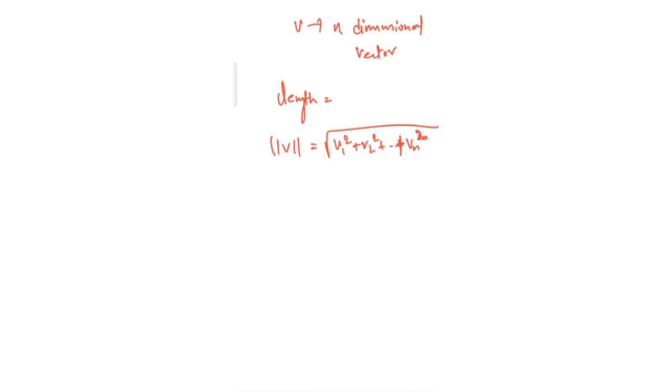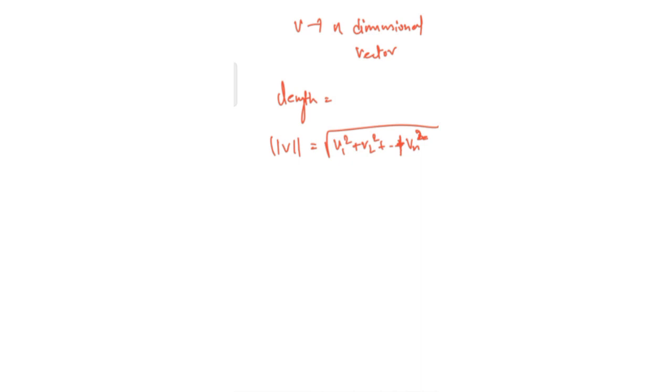It's the same thing. If you go for a 4-dimensional vector, you will have v1 squared plus v2 squared plus v3 squared plus v4 squared, and if you go to 2 dimensions, then you're going to get v1 squared plus v2 squared, under a root. There is a root over everything. Forgive me if I'm not mentioning that, it's a mistake from my side if I forget the root. So there is a square root over everything.